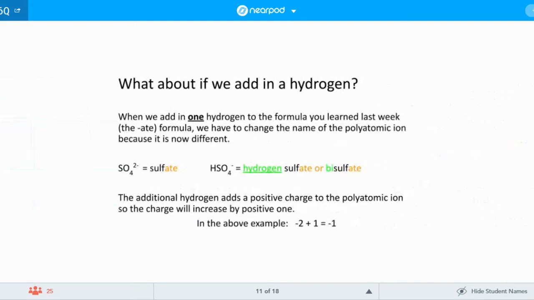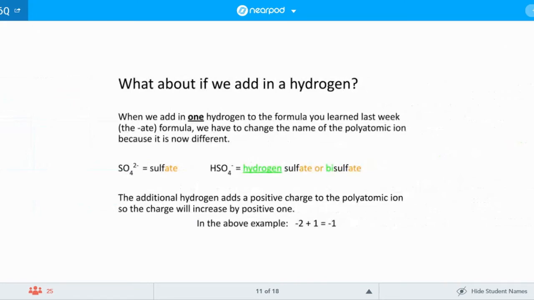When we add a hydrogen to the sulfate ion, there are actually two different ways we could name that ion. The first of them is known as hydrogen sulfate, indicating that you've added a hydrogen to sulfate. Or if you'd like to, you can even abbreviate it to bisulfate. So either of those two names would be acceptable for the polyatomic ion where we have the hydrogen added to